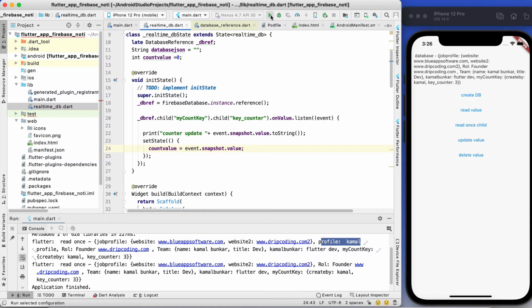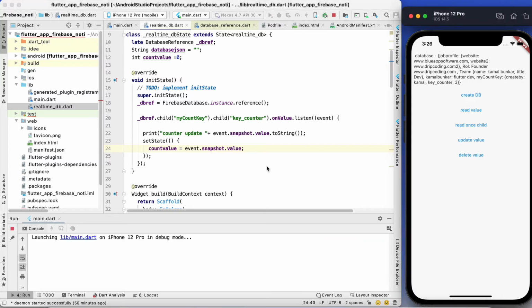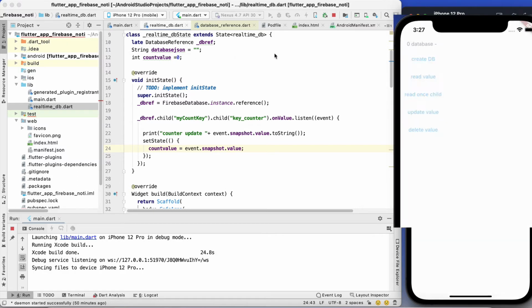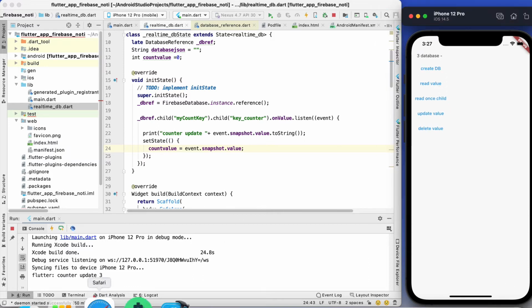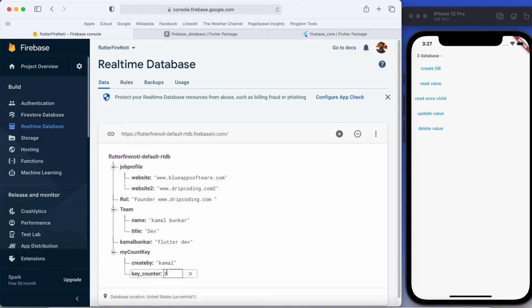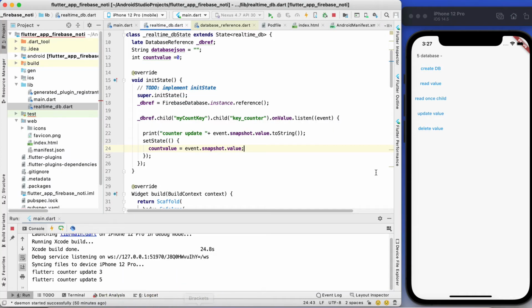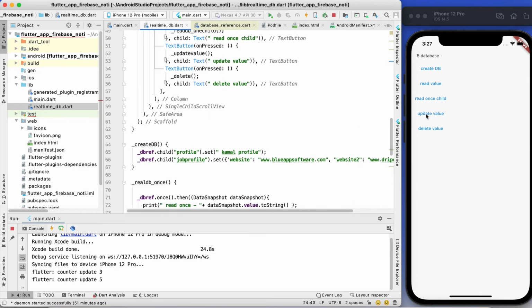So stop and run the code again, because I added a new variable. As you can see, earlier it was 0, now 3, and suppose I just change the value from there only. I will make a change like 5, automatically it will change there. Even I can make a button to increase the counter, so that way I can change the value of this counter as well. So it is just like update the value.